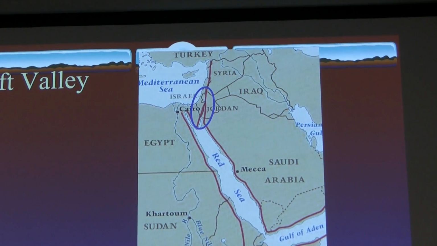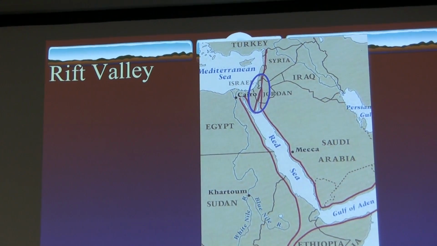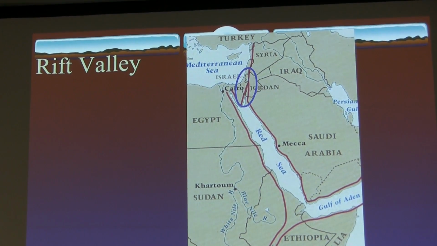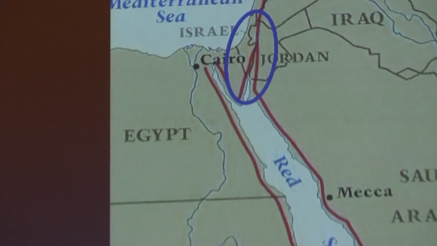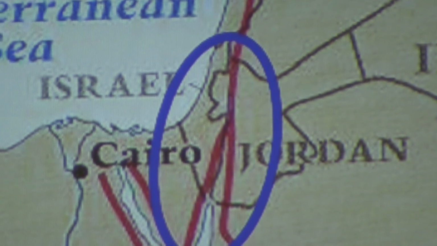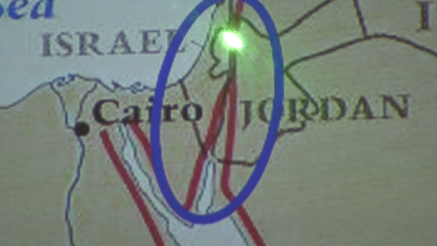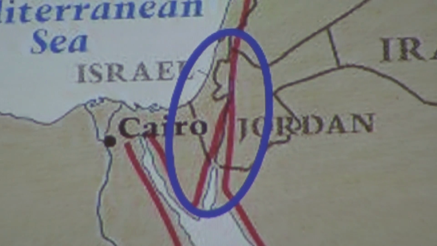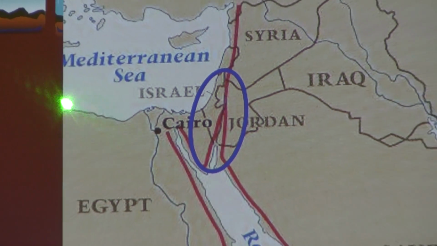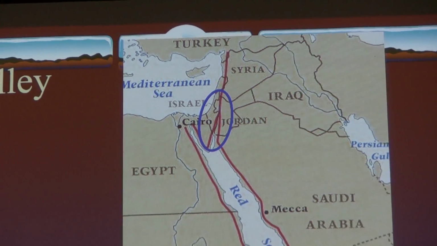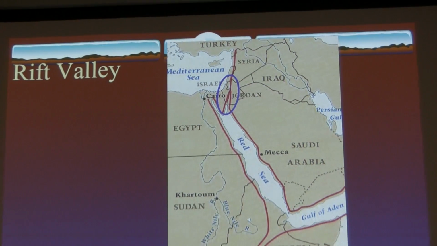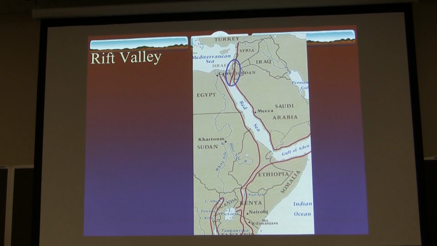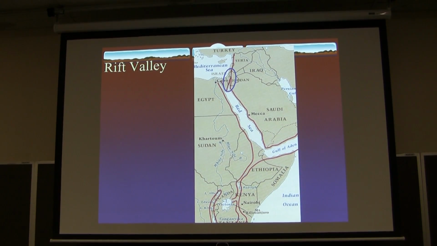I mentioned the Rift Valley a moment ago. When we think of the Rift Valley in terms of the land of Israel, we usually think of the Dead Sea, the Jordan River, and the Sea of Galilee, and that's all right about here. But as you see this, it goes way up well beyond the top of this map, taking in the Red Sea, another arm going that direction, and way down into Kenya, where some of you may know the institution called the Rift Valley Academy. This is a huge geological cleft in the earth.